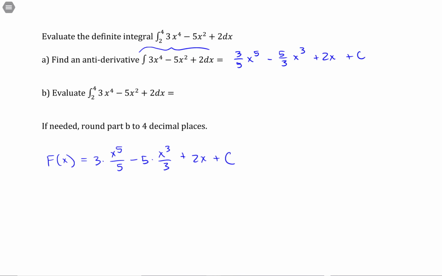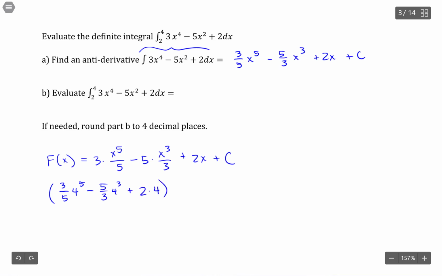Now, if I want to evaluate this as a definite integral between the endpoints 2 and 4, then what I do is take that particular function and evaluate it first at the upper endpoint. So this would be 3/5 of 4 to the fifth power minus 5/3 times 4 to the third power plus 2 times 4, minus, and I don't have to worry about the plus c's because those cancel out when we do the fundamental theorem,